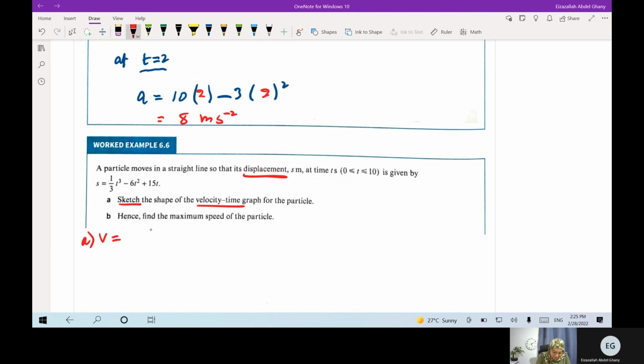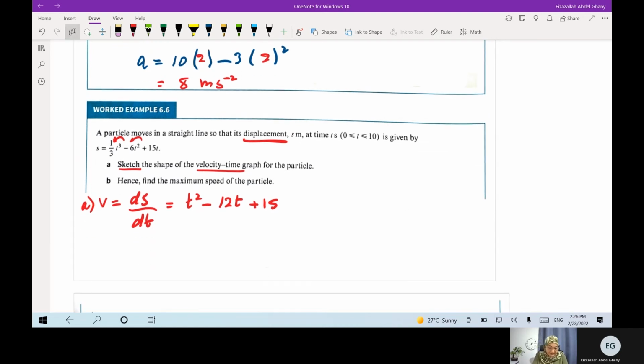So now, v equals ds by dt. Let's say power goes down, decreases by 1. 3 times a third is 1, 1t squared. Minus, power goes down, decreases by 1, minus 12t plus 15, and the t will evaporate. Now, to sketch this,